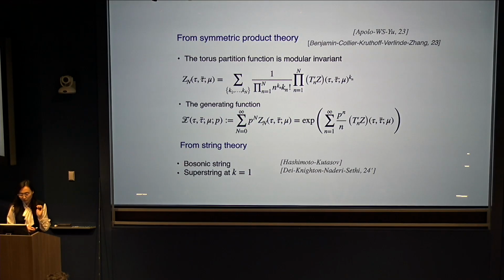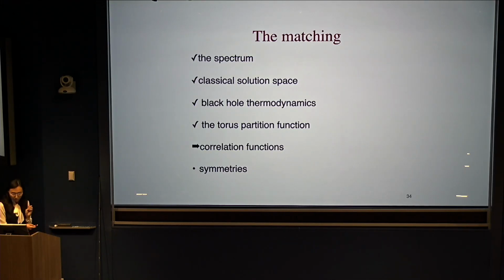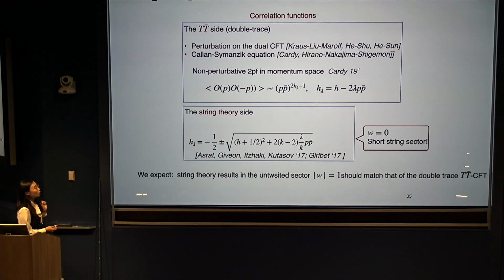Oh, yeah, okay. So there is also some discussion on the patterning function, so I'll skip that. And then correlation functions and symmetries. So there's a beautiful calculation on the string worksheet for these two-point functions back in 2017. They found that there is some structure of the two-point function in momentum space. It's this shift of the conformal weight, which is actually what I mentioned before, the shift of the short string